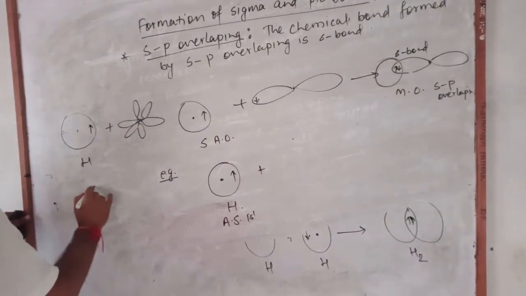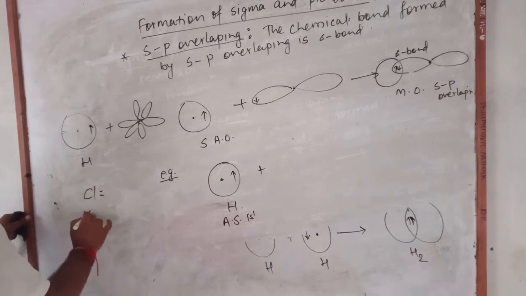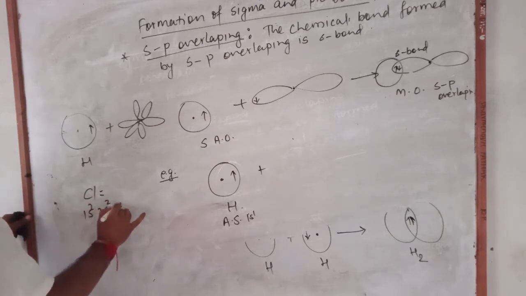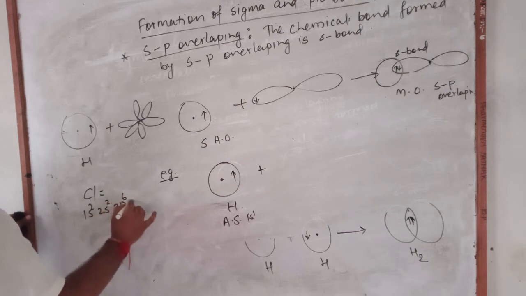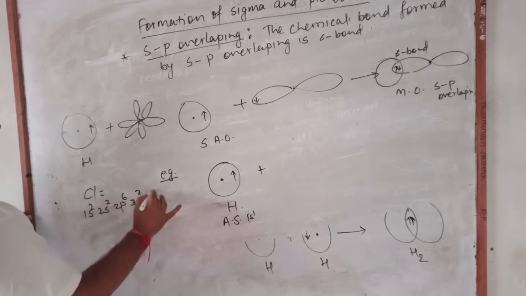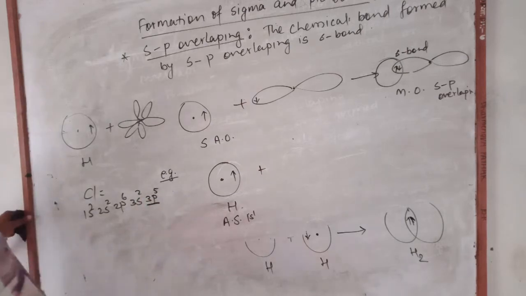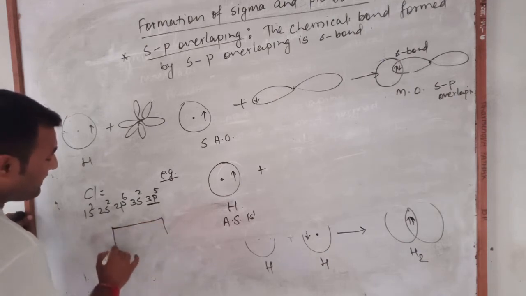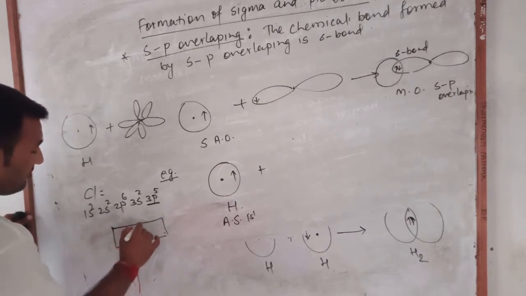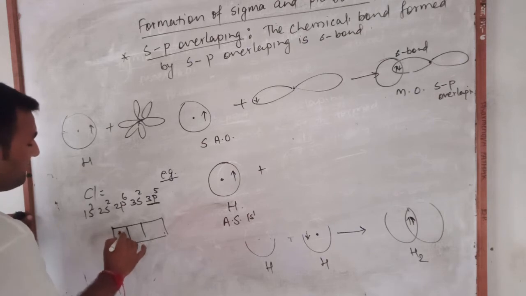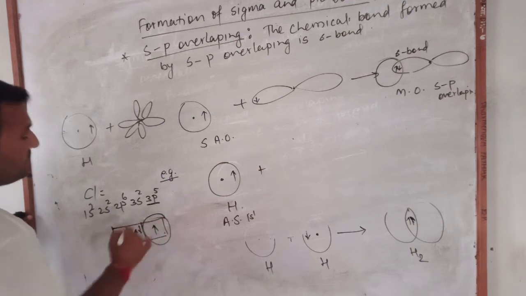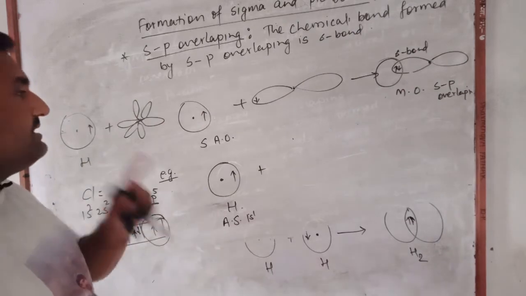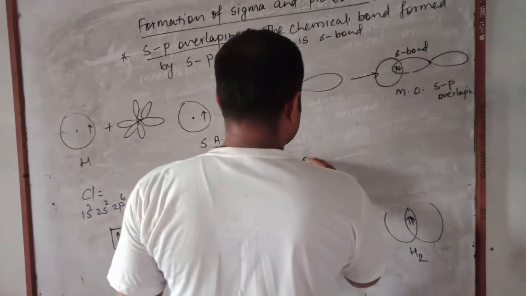In case of chlorine, the configuration is 1s2, 2s2, 2p6, 3s2, 3p5, and here 3p is the valence atomic orbital. 3p can hold, listen here, 5 electrons are found there. First we fill singly and then pairing takes place. One p orbital remains empty. The one p orbital takes part in bonding, and here we write Cl